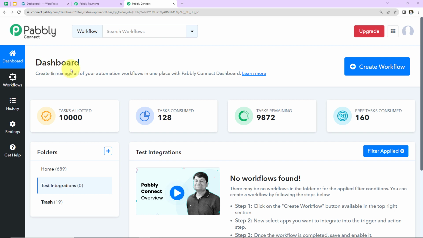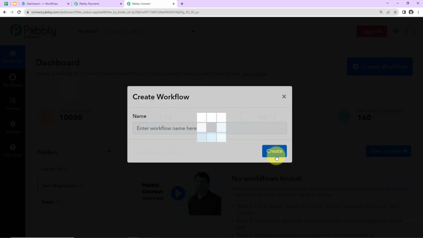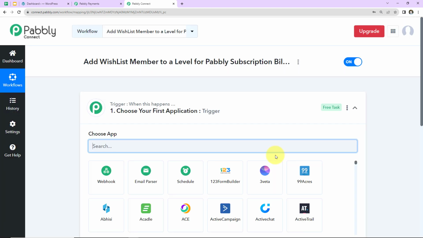Now once you reach the dashboard, on the right hand side there's a tab Create Workflow. Click on this. This dialog box has appeared, and here you have to name your workflow. So here you can give any random name. I'm going to name it as Add WishList Member to a level for Pabbly Subscription Billing payment. Let's click on Create. Now as we do that, here we have reached another window which has got two extremely